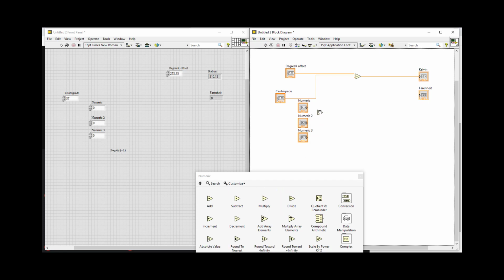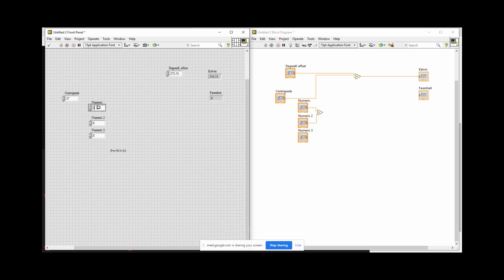Okay, so I have connected this node to 9, and you can see x divided by y. So I am going to connect, now it is 9, and the second numeric 2 is 5. Okay, one more thing.